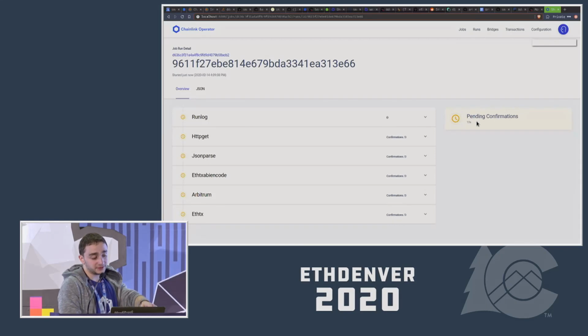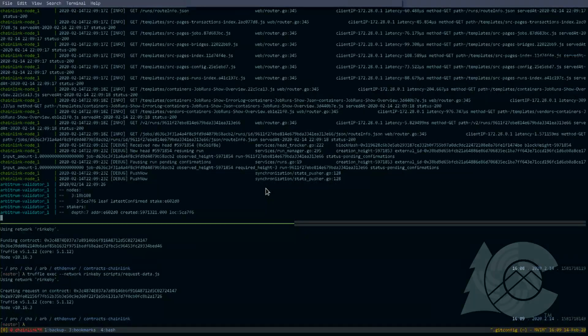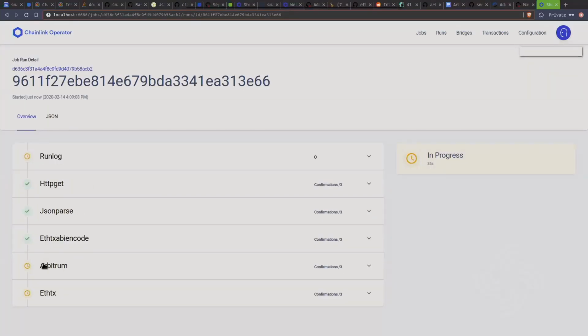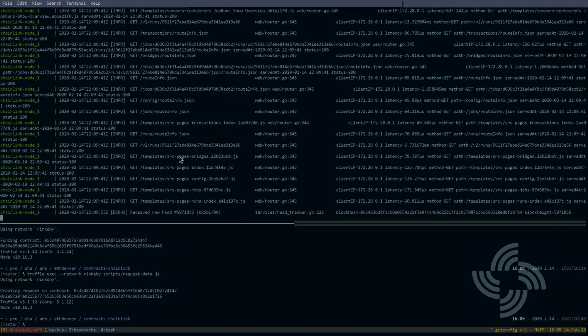The good thing is that you can see the job being processed live using the UI. So here's the job which is being processed by the nodes. You can see the state live, like where is it right now? The HTTP GET, the parsing, and basically the Arbitrum computation. So probably if we refresh the page, we should be able to see, oh, here's the Arbitrum picked up the computation. So yeah, we are basically computing right now. All right, and you can see on the screen that Arbitrum is basically doing the computation for the job spec we sent it.